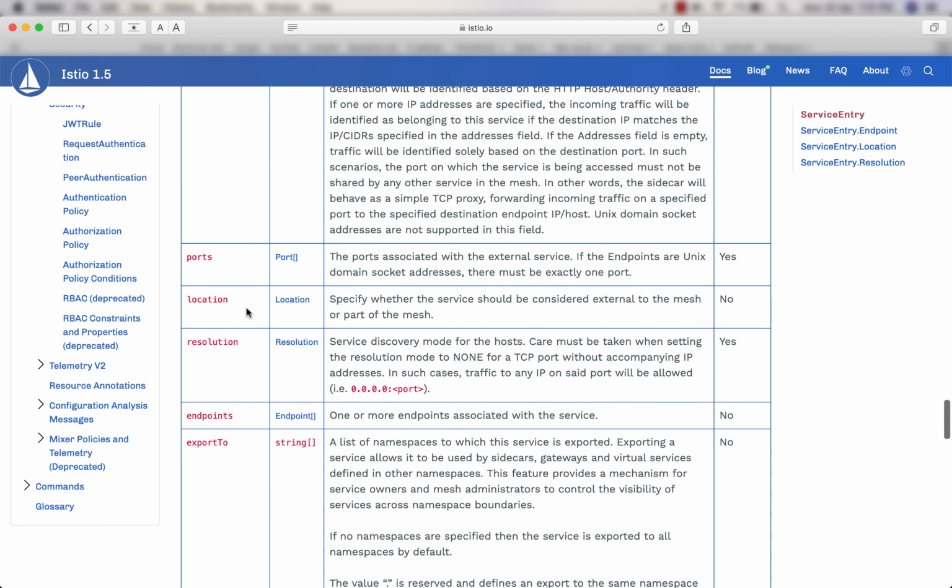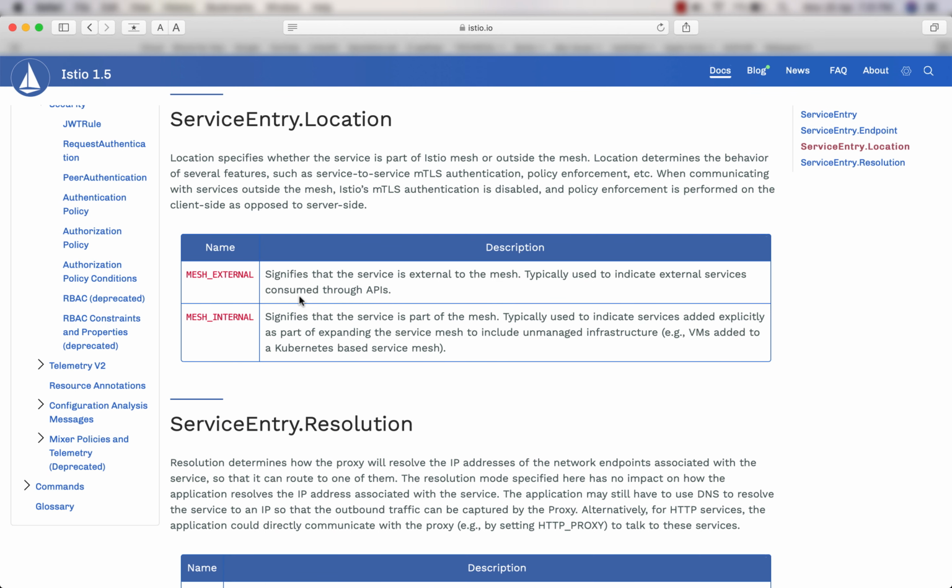Then you have ports, location, then there's something called resolution and endpoints. I'll not discuss endpoints. So in ports, I have already shown you what ports are. Now location can be either mesh external or mesh internal. So mesh external signifies that the service is external to the mesh, and internal means that the service is internal to the Istio service mesh.